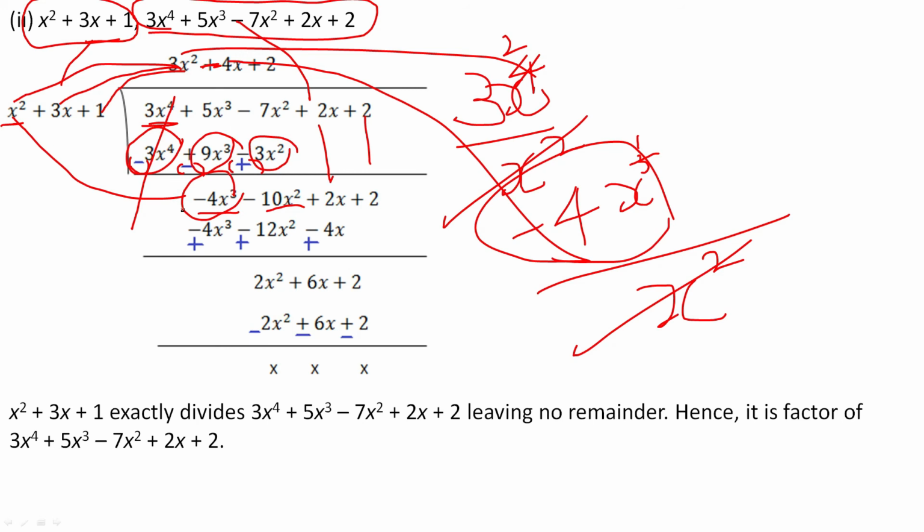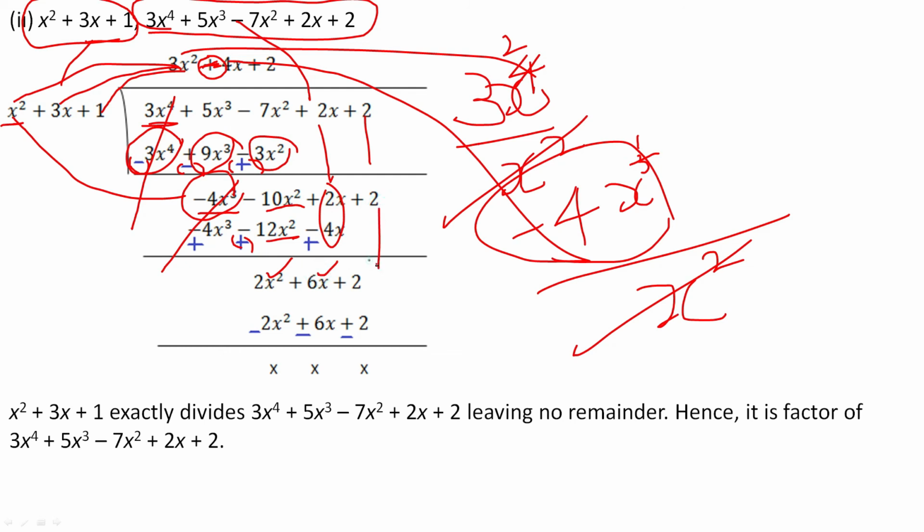Minus 4x into x square, minus 4x power 3, minus 4x into 3x, 4 3s are 12, minus 12x square, correct? Minus 4x into plus 1, minus 4x. Changing the sign, if it is minus you put plus, minus plus, minus plus. Here there is a mistake, it should be minus sign, minus. Now first two terms are same, so you can cut it. Minus 10x square plus 10x square will make 2x square, because it is a greater sign. So 2x square. Adding these two you will get 6x.